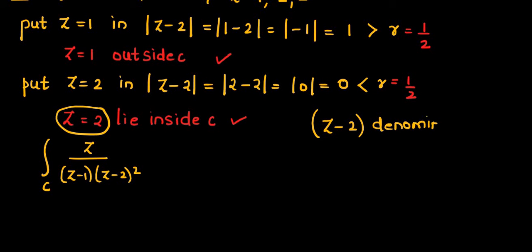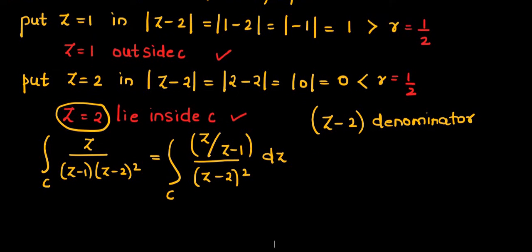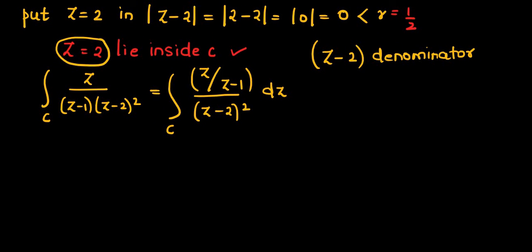This must stay in the denominator. So rearrange in such a way that the factor which contains that point will stay in the denominator. So here z minus 2 whole square stays in the denominator. The remaining terms must be brought to the numerator. dz. Okay, now we can make use of the generalized Cauchy integral formula, which states that